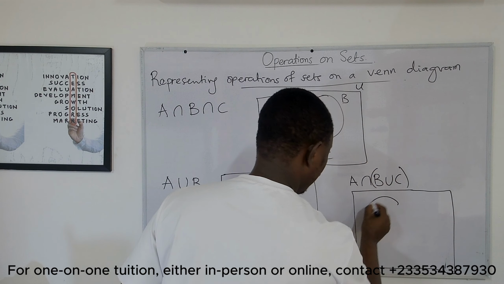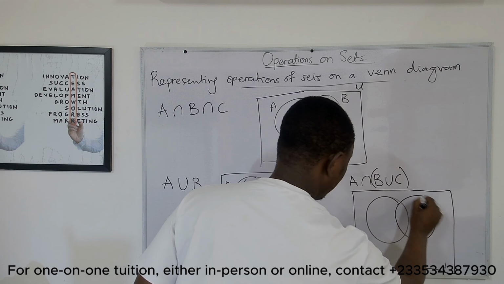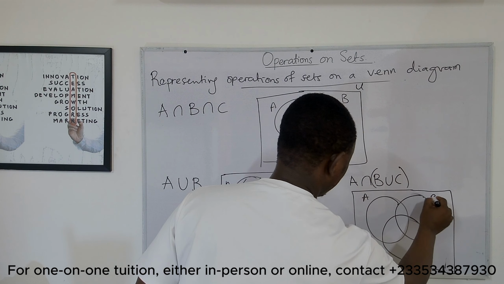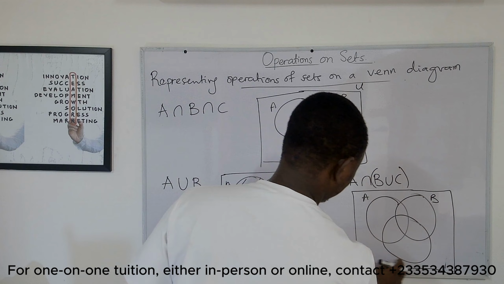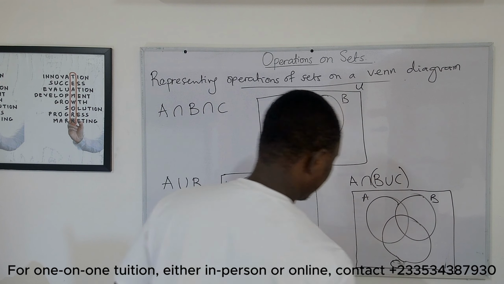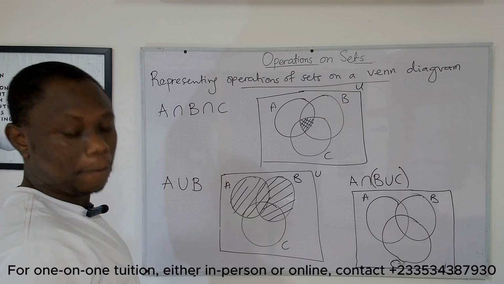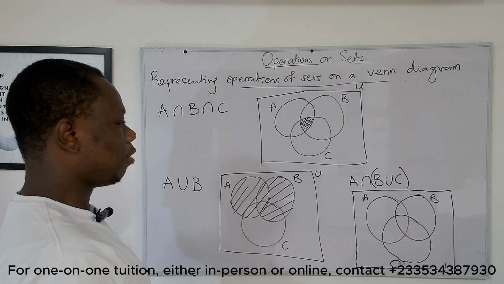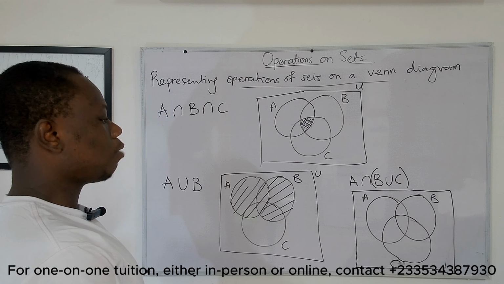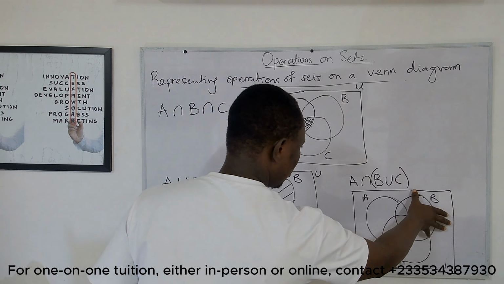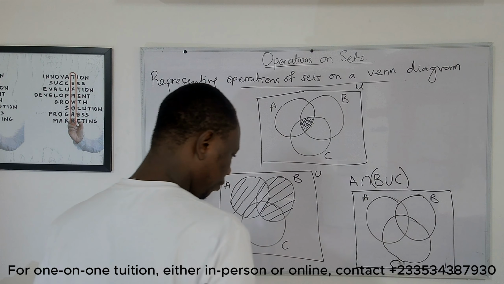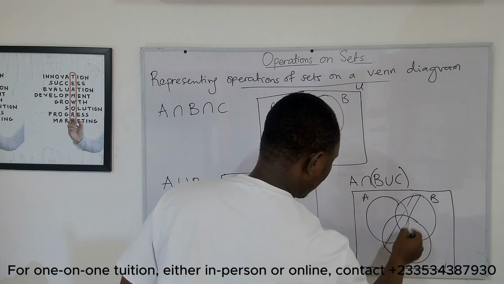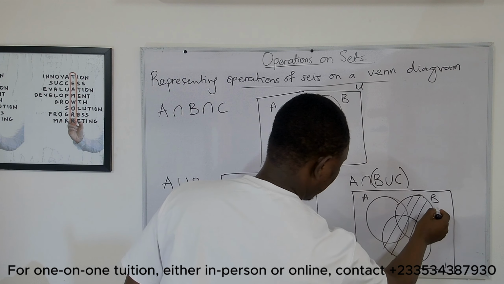So we have our A, B, and C. Alright. So if we have A, B, C, A intersection B union C. Now B union C is where? B union C is all of this part. Okay. So let's use long diagonal lines to represent